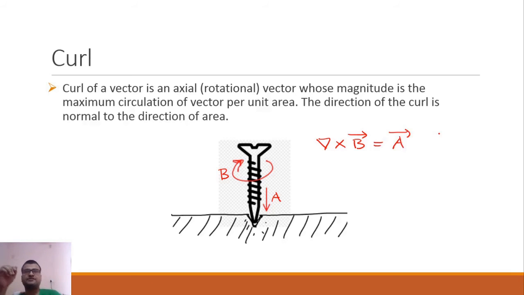So where is this curl operator useful? Whenever you are seeing a scenario where something is rotating around an axis, and there is a vector inside the axis going in some particular direction, you can perform curl to understand this scenario. So what we have understood is that whenever you perform the curl over a rotational vector, you will get another vector which is actually going from inside the axis of this rotational motion.